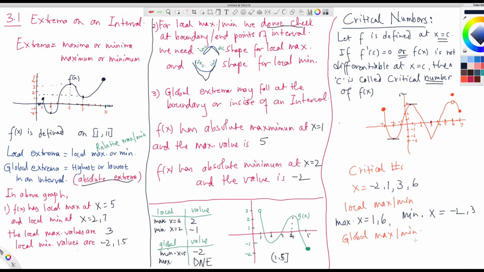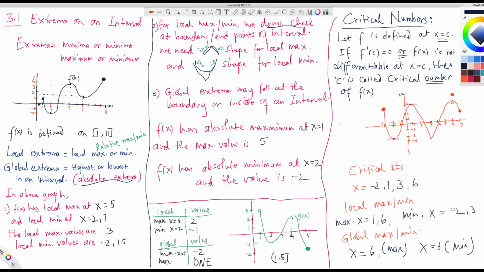Global max is the one that has the highest of those. So it is at x equals 6, the global max, that is the max, right? And it looks like this is the smallest one, right? At x equals 3, x equals 3 is the global min. Okay, so from here you can see that a function can have local max or local min,